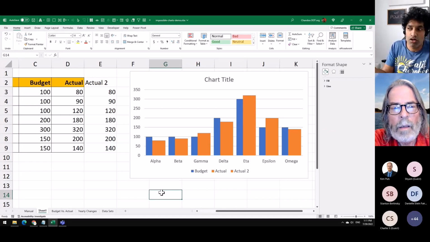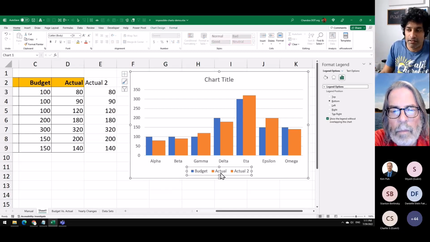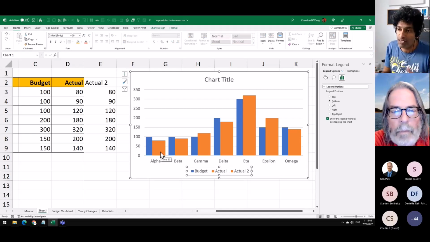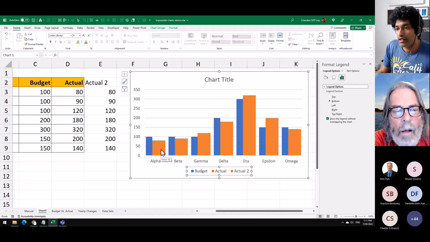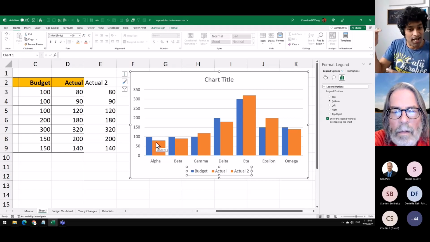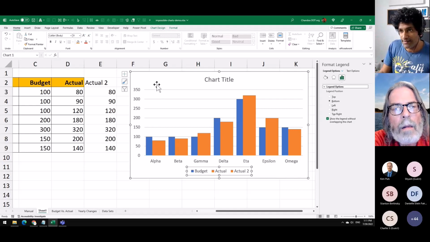So we have 2 columns of exactly the same color, and with a little bit of clever labeling, you wouldn't really know that one of them is half as much as the other. You would think that they're actually column charts, but the columns have different widths going on. But the problem is now we want to stack things on top, and you can't really mix cluster and stack in Excel.